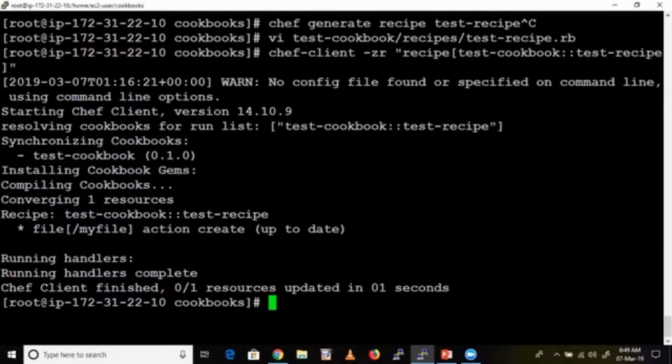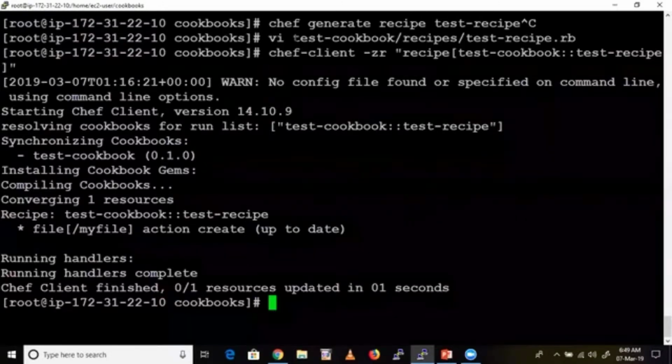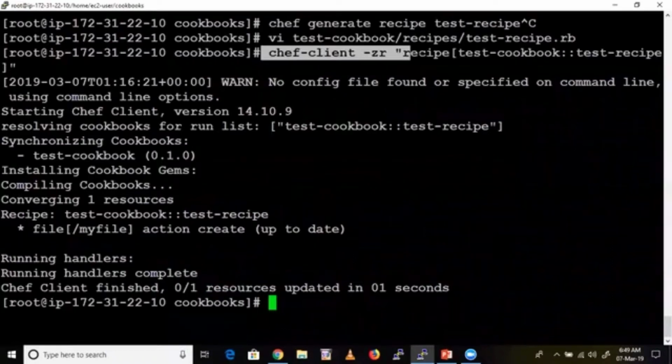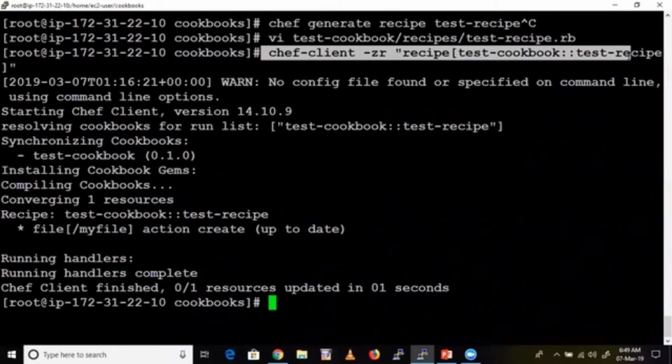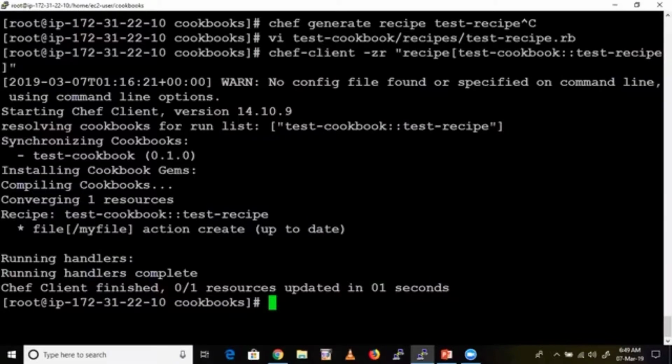Sai, this test recipe command, can we use this to retrieve something if we accidentally delete it? Which command? The test recipe command which you just executed. This one. Yes, this is to run the chef client. Because the code is already there, right? Suppose you delete any file accidentally, you can run this one because the code is already there. You are executing that code, so the infrastructure will be created automatically.